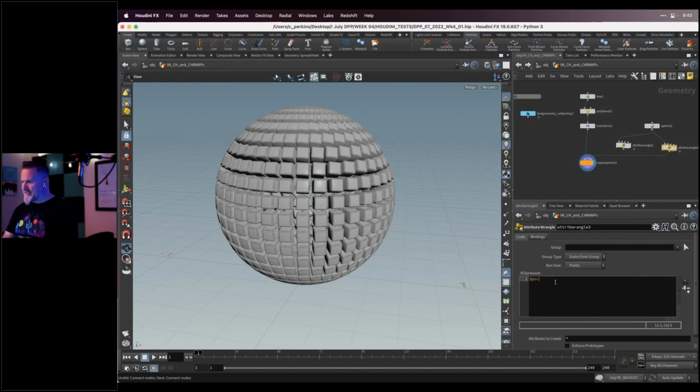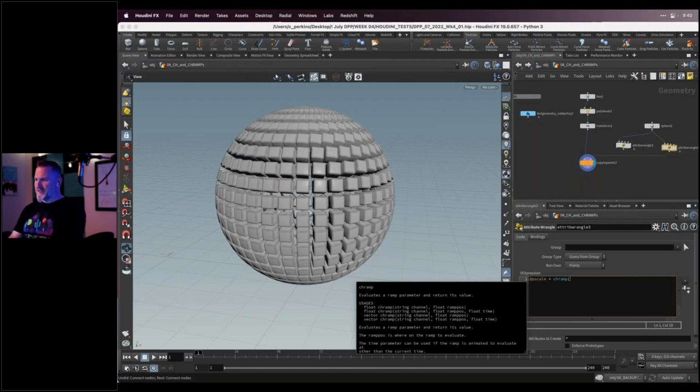So what I'm going to do is go to p scale, but instead of controlling it with just a simple channel slider, which is kind of a dumb thing, where everything is big or everything is small, controlling the scale uniformly across all of the things, I want to be able to control the scale of the cubes in my own way across the y-axis. So I'm going to create something called a channel ramp. This is similar to ch, but it's going to create a ramp that I can play with.